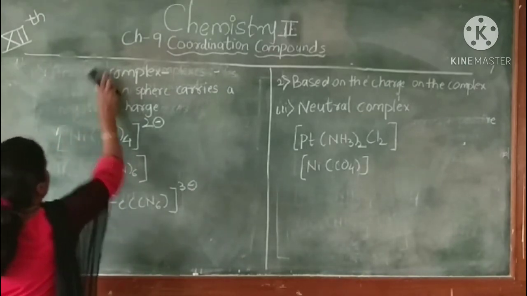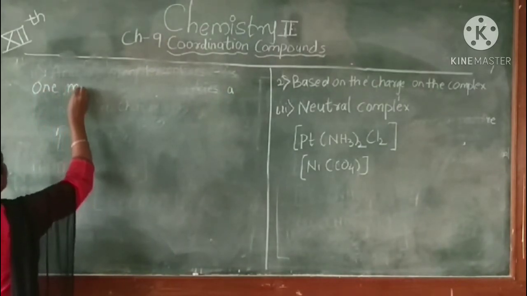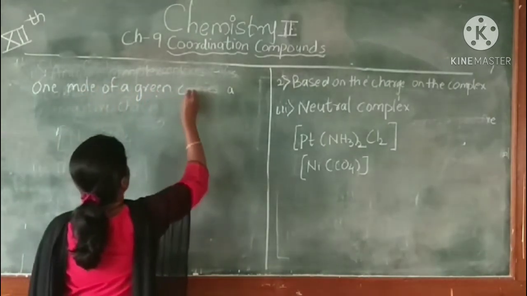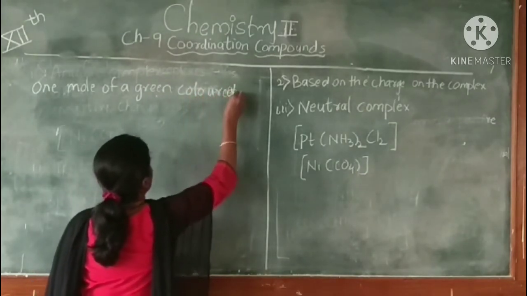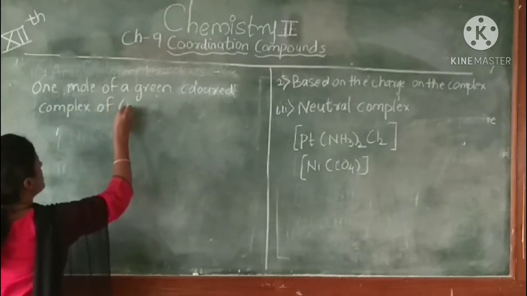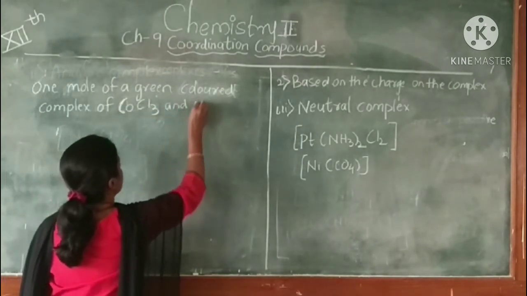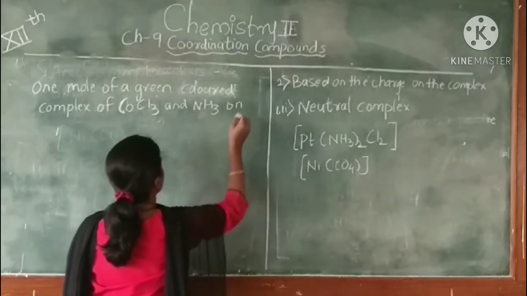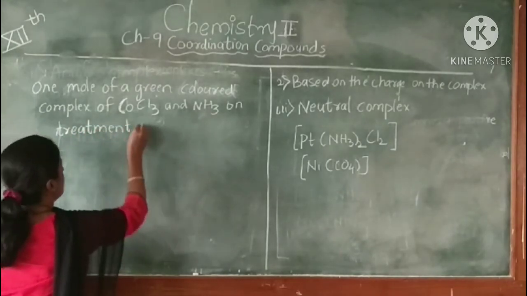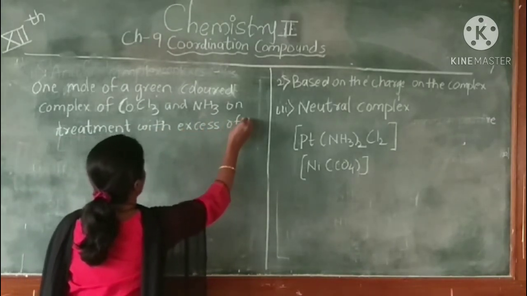One example of a problem we will see: when 1 mole of a green colored complex of CoCl3 and NH3 is treated with excess of AgNO3